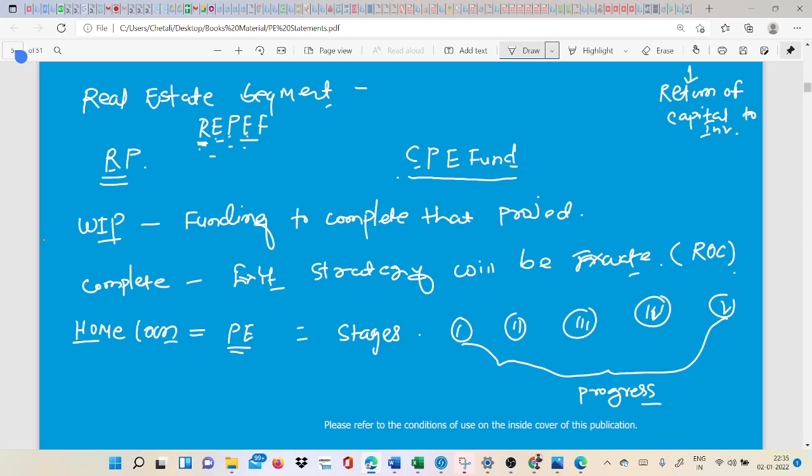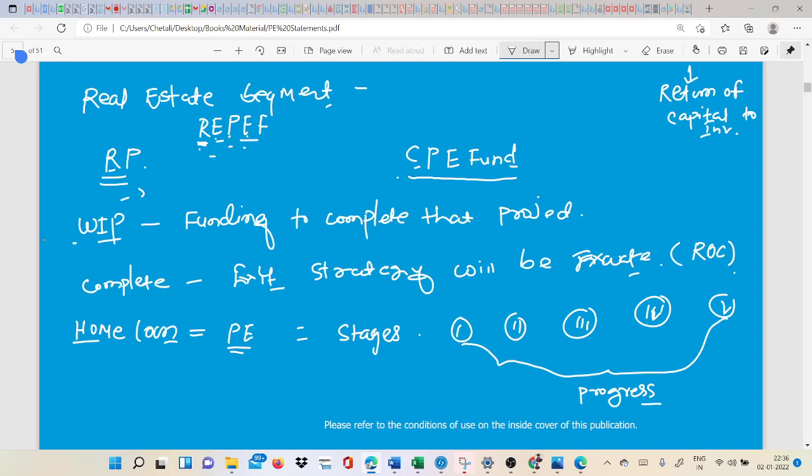And once it is complete, the builder's responsibility is to sell that project into the market quickly, and only then will they receive the funds to recover that amount. Otherwise it's difficult to hold, because they cannot hold for long. There would be a cap, right? A deadline, so within 5 years or maybe 2 years builders have to complete the project, and then within 6 or 7 months they have to process the selling as well. And once they sell everything, they receive the amount so they can distribute. The rest of the things remain the same.